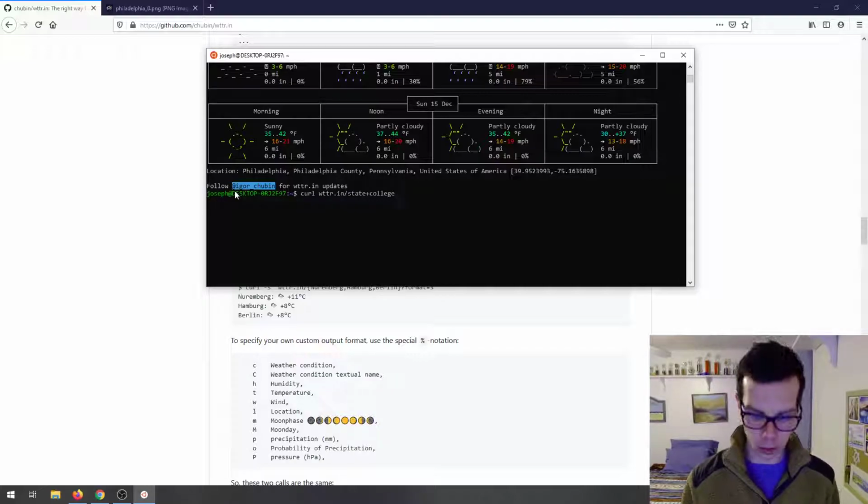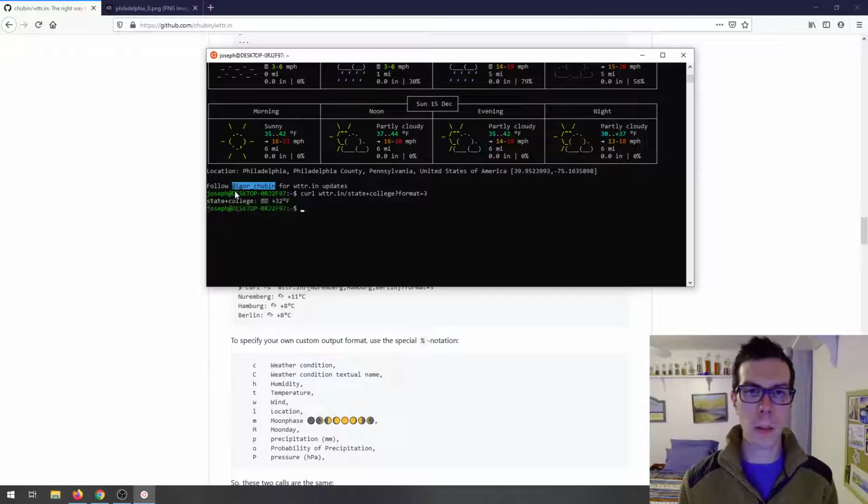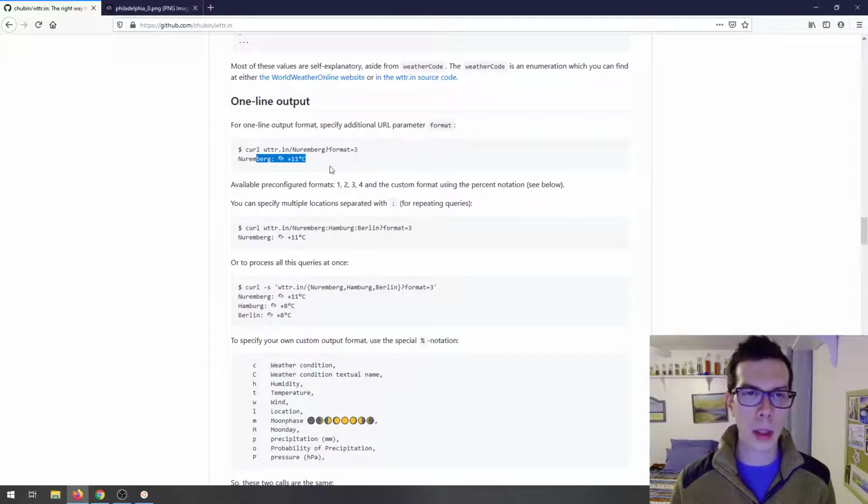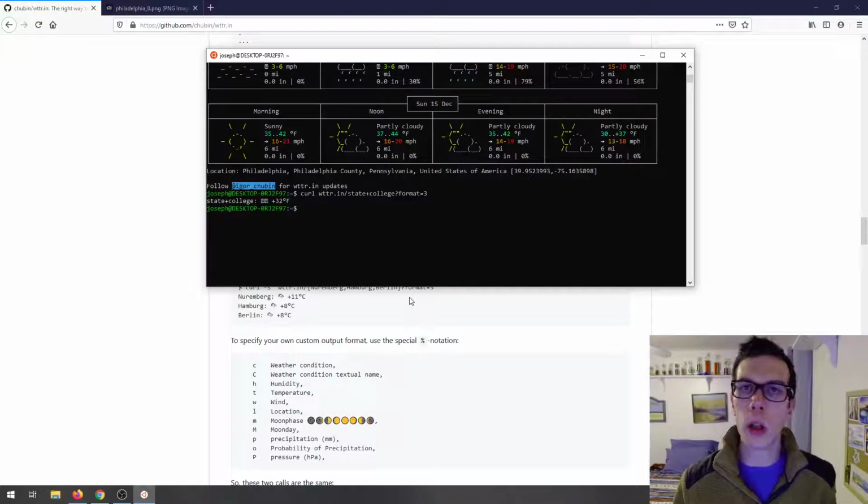I don't know if that's going to work because format equals 3. Yeah, okay, that worked, sort of. Yes, yeah, that should be accurate. And I'm not sure what those little texts are, but maybe I just don't have the emojis working in my terminal or something. But this doesn't work on the command prompt in Windows or PowerShell. It comes back really jumbled in the command prompt, and PowerShell just comes back like a web request or like